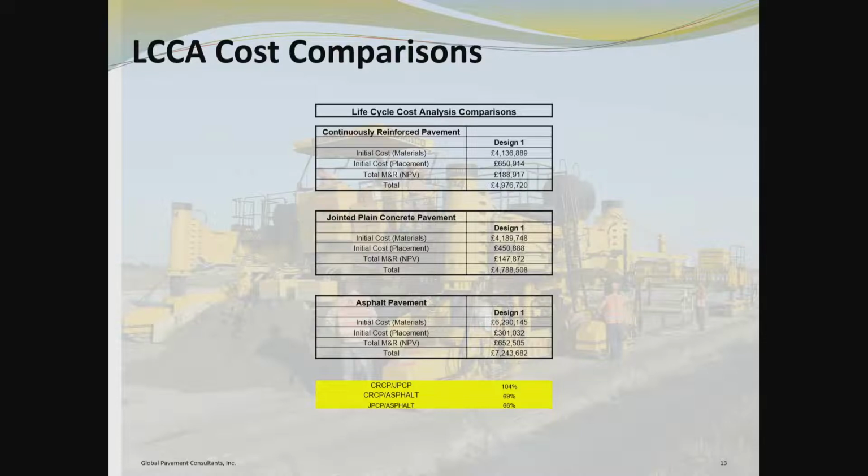So your job is to take the spreadsheet, put in the latest and greatest accurate numbers that you happen to have, and crank through these numbers. Jointed plain is roughly 4% higher cost than the JRC, or the jointed plain concrete pavement. In the US, we've run the same analysis. We get CRCP as being about 15% higher. CRCP versus asphalt, we're 69%. For JPC, we're 66%. So obviously, in terms of cost, with the analysis that we performed, concrete is a cheaper